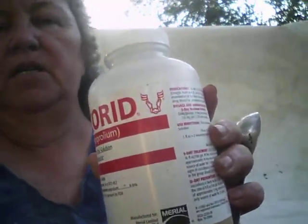Come down here in the open. And this here is coccidia. We use this to treat what they call coccidia. This is a parasite that is basically everywhere. We don't use a lot of it. We use it in the water, and as you can see here,